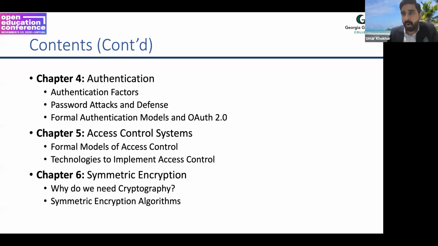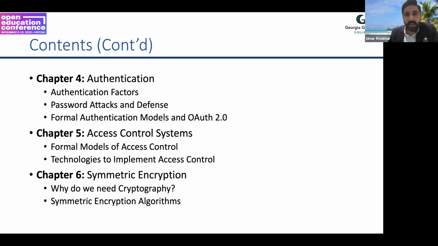Formal authentication models. Again, it would be good to introduce the formal authentication models. For example, RADIUS, Kerberos, Security Assertion Markup Language (SAML), TACACS, Terminal Access Controller Access Control System, etc., and OAuth kind of things. These are the things you can use in authentication, and we have also used them in our